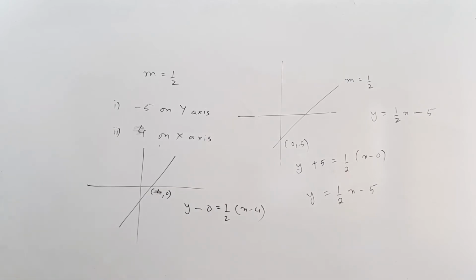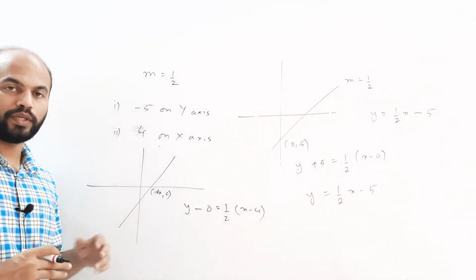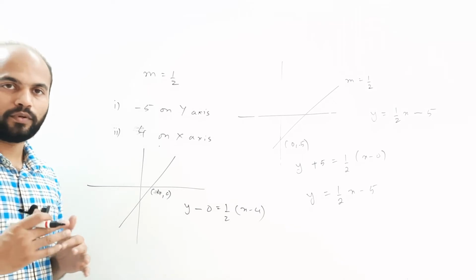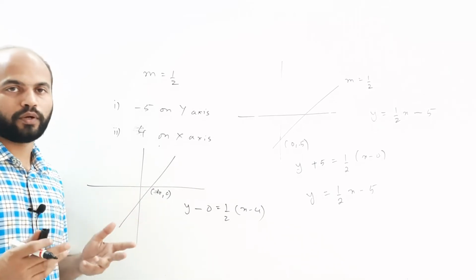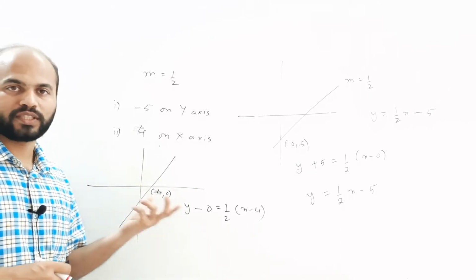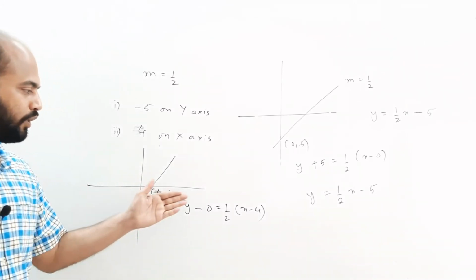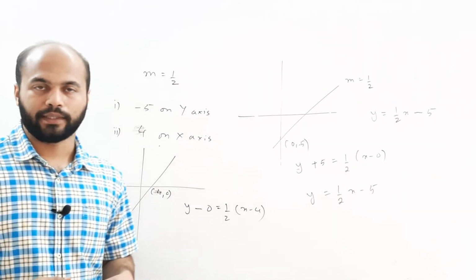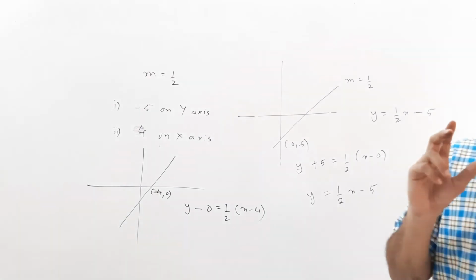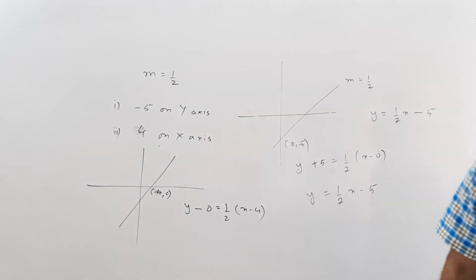So instead of directly applying the formula, I would always recommend that, even though you are applying the slope intercept form, always use the slope intercept form, the slope point form or the 2-point form to get the equations of lines, so as to not miss out on the positive and negative values in the equation. So if you continue with this, you will get a final equation of the line. Although it is given in terms of slope and intercept, we are still applying the slope point form.